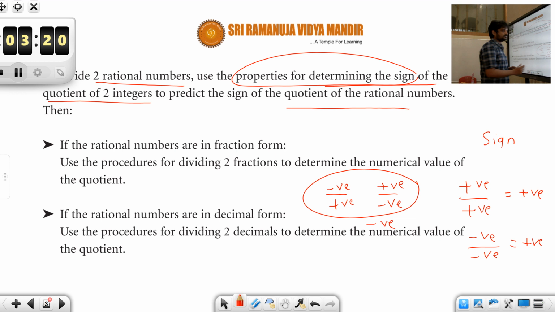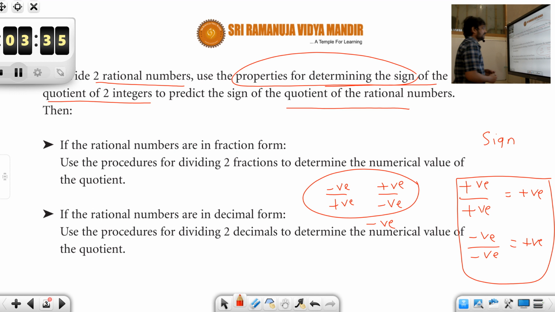These are the sign rules, similar to multiplication as well. If you multiply 2 positive numbers or multiply 2 negative numbers, the product would be positive, right? So the same laws hold good with respect to division as well. Only if the signs are different, then in the product of 2 numbers you will get a negative sign. Similarly over here also, if you divide a negative number by a positive number or a positive number by a negative number, then you will end up with a negative result.